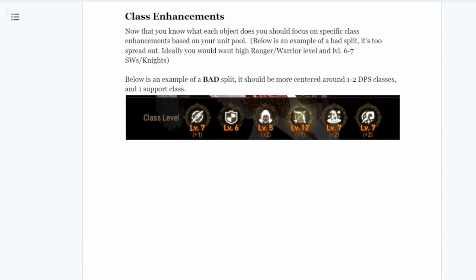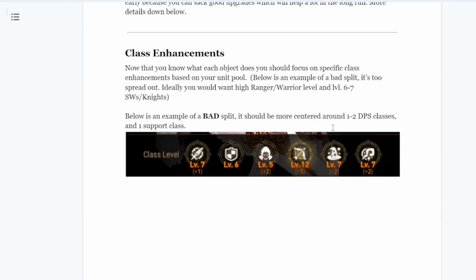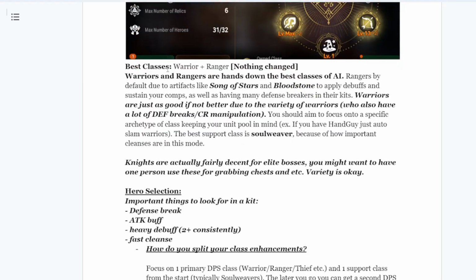Some people like to go warrior thief and warrior mage, because thieves and mages aren't really contested, and because, as you guys saw, the class enhancement statues are actually 5 uses per guild, and the statues will be designated for a class. People will try to do unpopular classes here. So yeah, basically it's the same thing. You know, people sometimes do Soul Weaver as well if you're newer to the game for sustain, and you're just gonna want to focus on 2 classes, and they're just justifying why warrior and ranger is the best, because yeah,